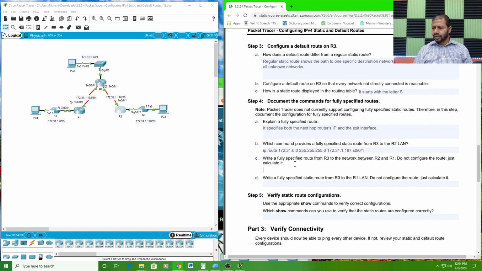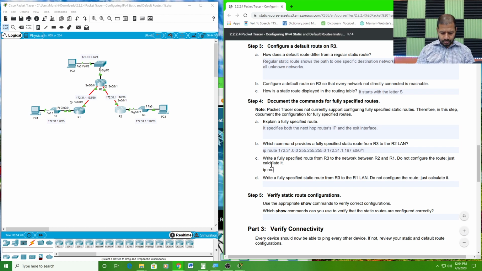Now, write a fully specified route, next question, question number C. Write a fully specified route from R3 to the network between R2 and R1. Do not configure the route, just calculate it. Yes. Okay. I'm going to write a similar command, IP route,